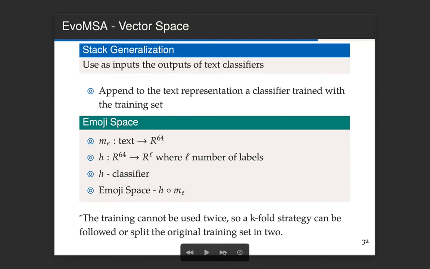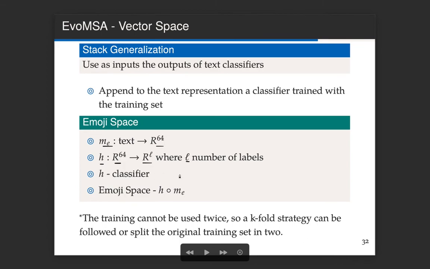So the idea in the emoji space: you have the text representation, which is this function m that transforms the text into a 64-dimensional space. But what if you have a classifier h that receives this 64 and returns the decision function? Let us imagine that we are dealing with 3 classes, then it's a 3-dimensional vector in R^L, where L is the number of labels.